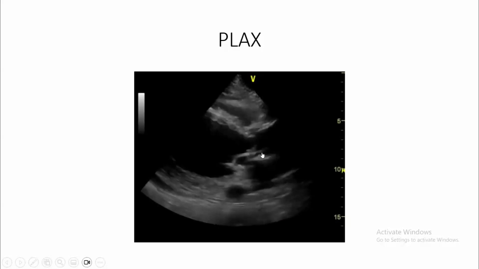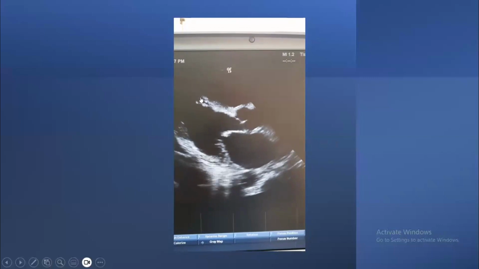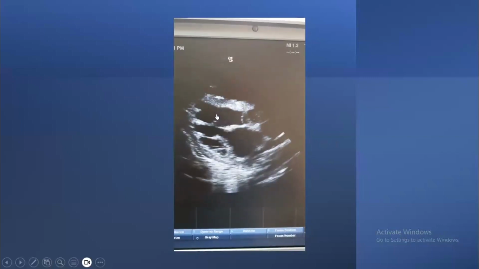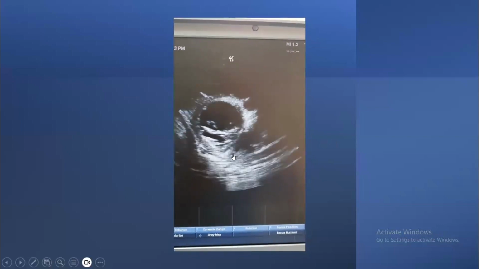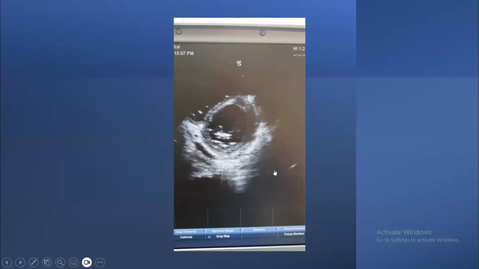Okay, this is the parasternal long axis view. This is another patient, left parasternal long axis view. You can see dilatation of the left atrium, dilatation of the heart. Now the operator is going to fix this view. So the parasternal short axis view, as you can see, shows dilatation of the left ventricle and flattening of the